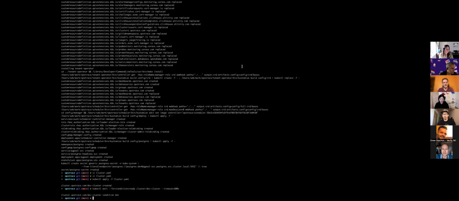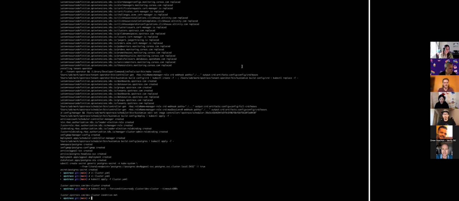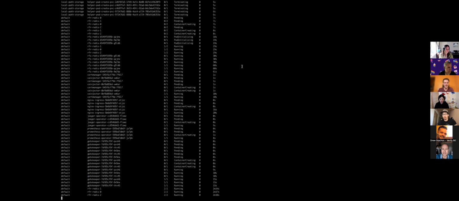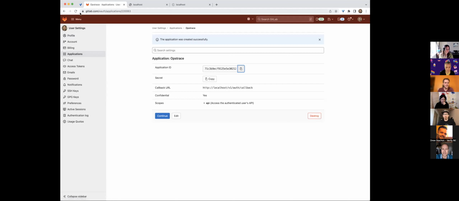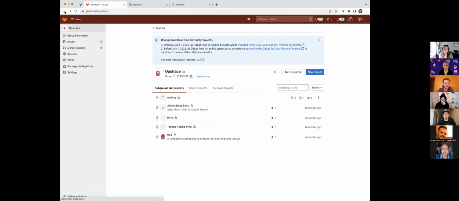So now that this is up, we basically have a running cluster, meaning things are running, but we don't have things connected to an actual group yet. So I'm going to do that. I'm the owner of this group here, called Obstrace. I'm going to copy the group ID. And what I want to do now is have an observability stack for that group. So I'm going to go back to,